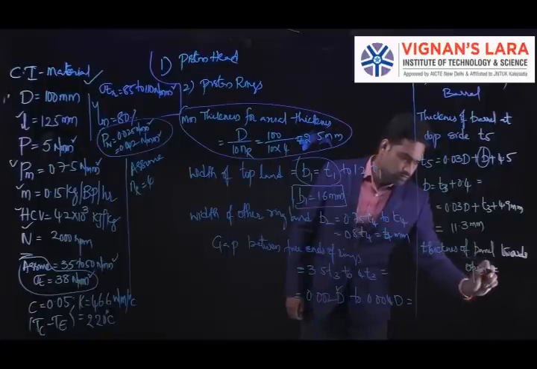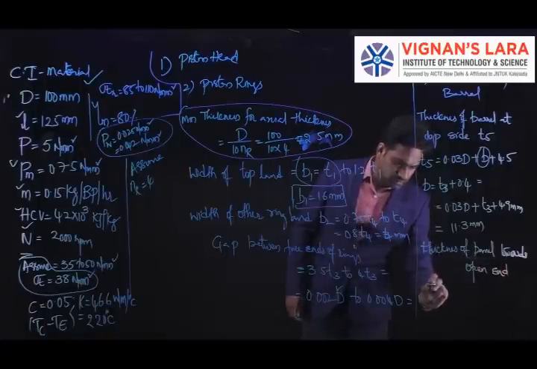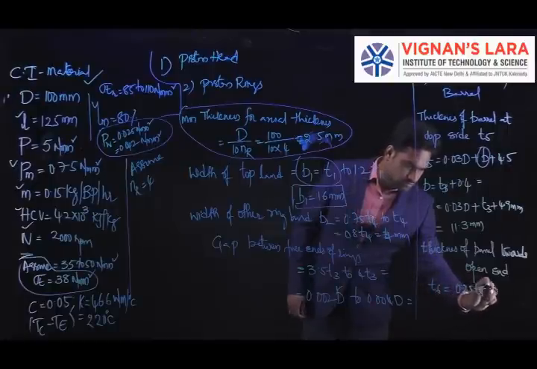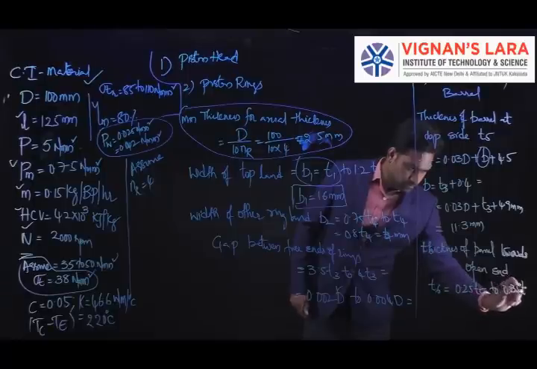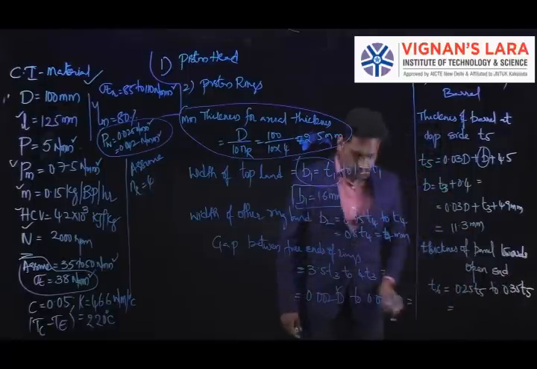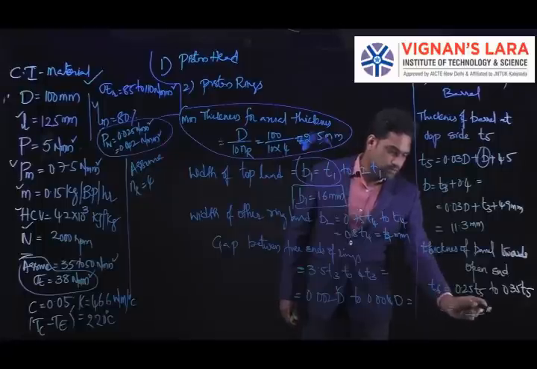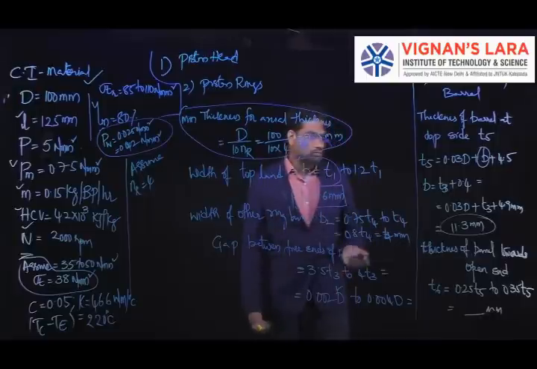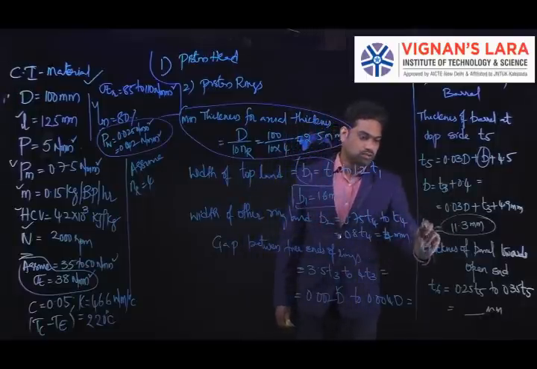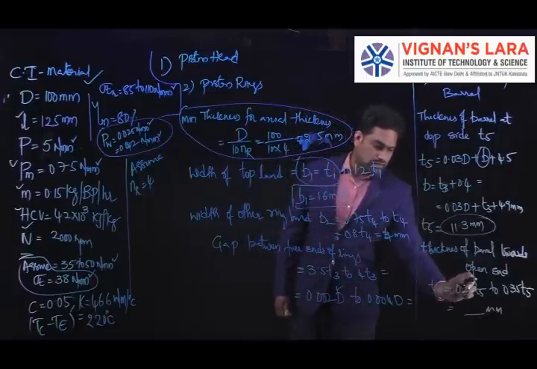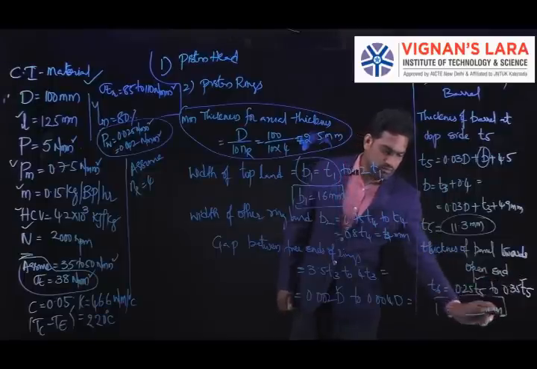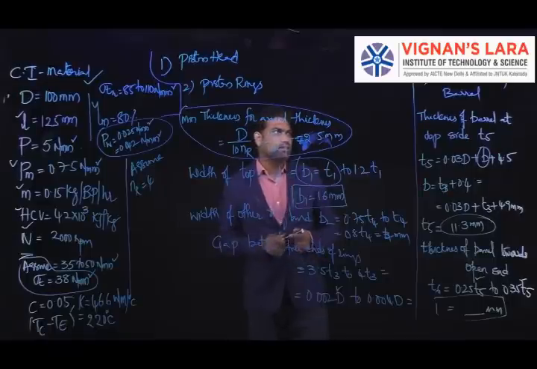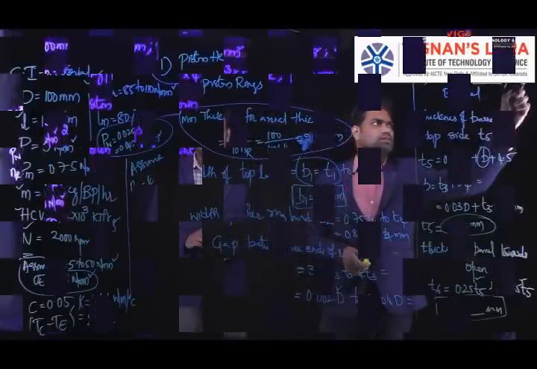Towards the open end, the thickness is denoted by T6. It is given by 0.45 T5 to 0.35 T5. Here, by substituting the value of T5, which is already calculated as 11.3, into this equation, it will calculate the thickness of the piston barrel towards the open end, that is T6. After that, you can calculate the dimensions of the stud, denoted by small l.